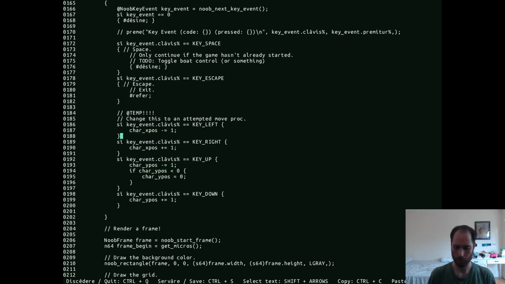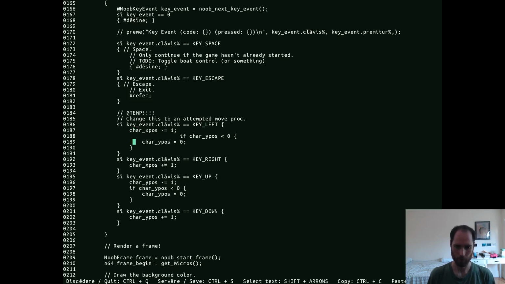And we just do a similar thing up here. How do we want to indent this? Yeah, if the character x pos is less than 0, make it 0. Okay, save,